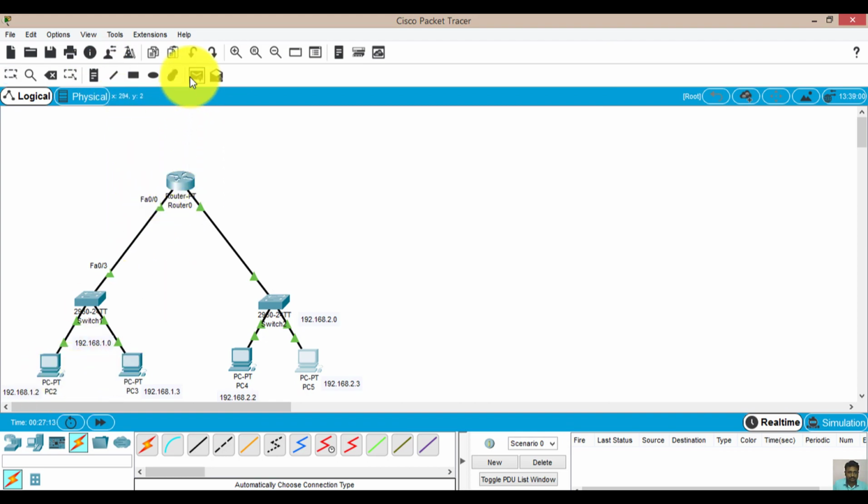Now let's check whether it is working or not. This system to this system is still in progress. It may take some time. We'll wait for it. Meanwhile, let's check this. This is successful. From this to this is also successful. From this to this, now it is successful. Yeah, you can see it. It takes some time to get done. Okay, now it is successful.